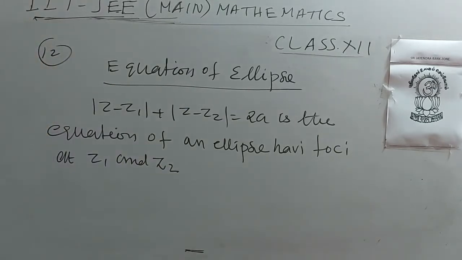Z1 and Z2 fixed points are called foci in ellipse. So modulus of z minus z1 plus modulus of z minus z2 equal to 2a represents ellipse,